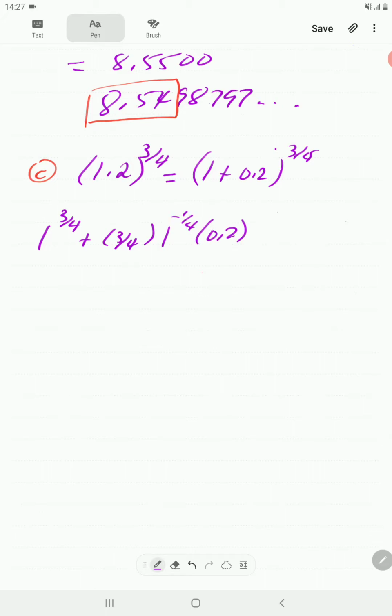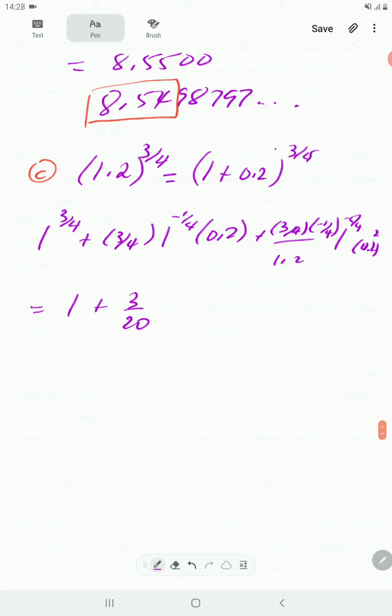1 is now to the power minus 1 on 4. Then 0.2 here. Of course, you must recall that 0.2 is 1 over 5, because we want to write this as a fraction. Then the coefficient here will have denominator 2 factorial, 3 over 4, negative 1 over 4 here, 1 to the power minus 5 over 4, 0.2 to the power 2. So first term is 1. The second term is going to be 3 over